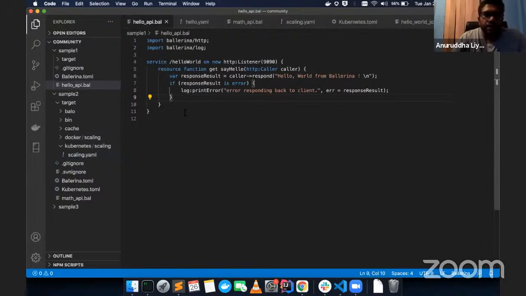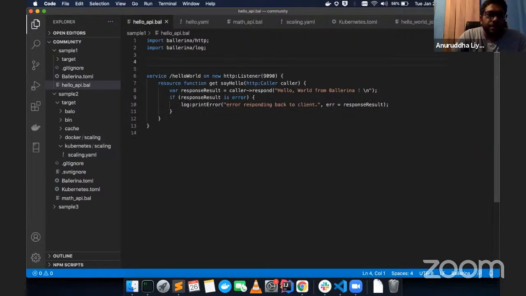With Ballerina, we can use the configurable keyword, where we can specify a value such as a URL to be taken from an environment variable. Let me show you a sample.